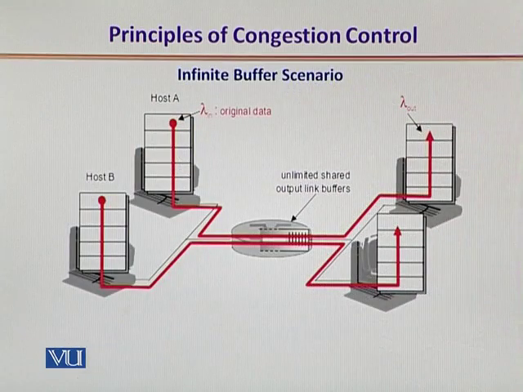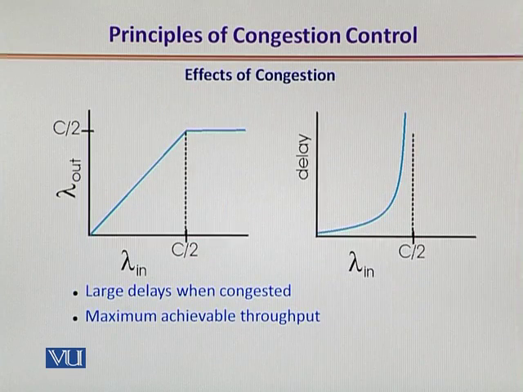Let's look at a scenario in which first we assume that the intermediate routers do not suffer from buffer shortage. Instead, there is infinite buffer availability on the intermediate routers. So what do we expect? Let's say host A and B send to their respective destinations host C and D. If there is unlimited buffer available at the intermediate routers, are we expecting packet loss? The packets would not be lost, but the packets, especially arriving at the tail end, are going to suffer from